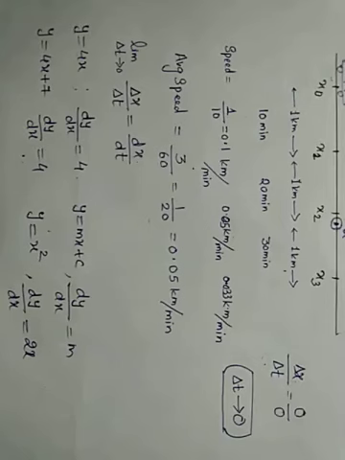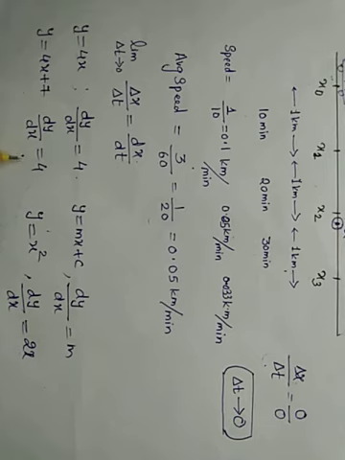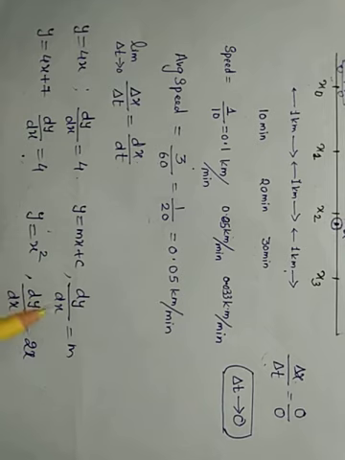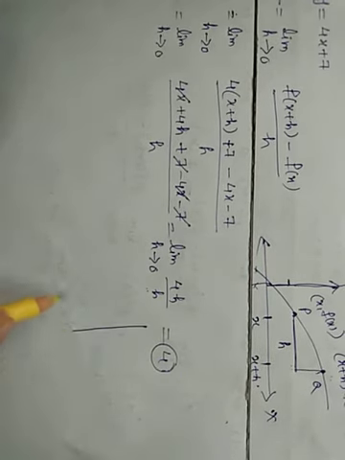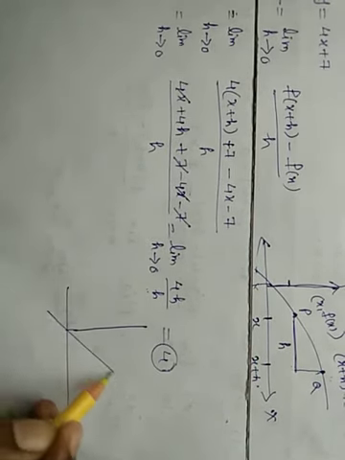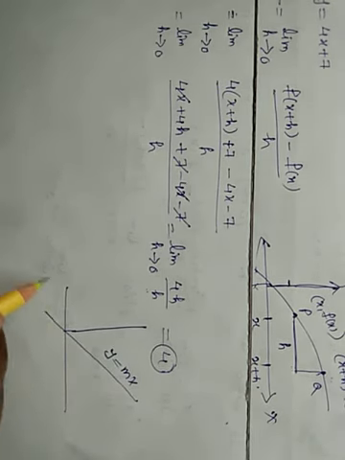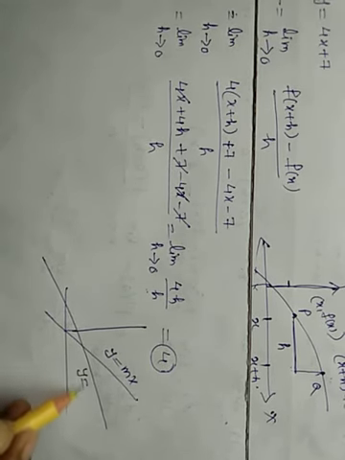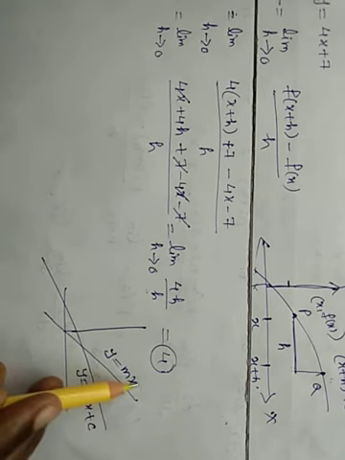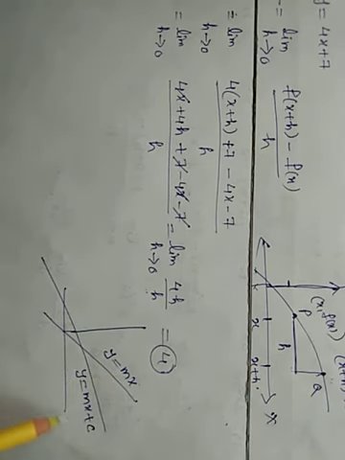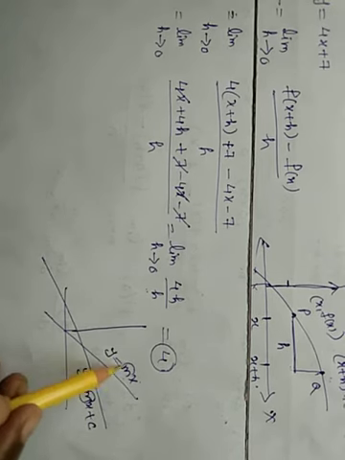Now see this one. In both cases we are getting 4 because the constant is directly getting cancelled. Now, if I am writing in general, an equation of a line is y equal to mx plus c, then its derivative is going to be m only. If you draw simply a straight line through the origin, its equation is y equal to mx, because c is 0. Then its derivative is going to be m only.